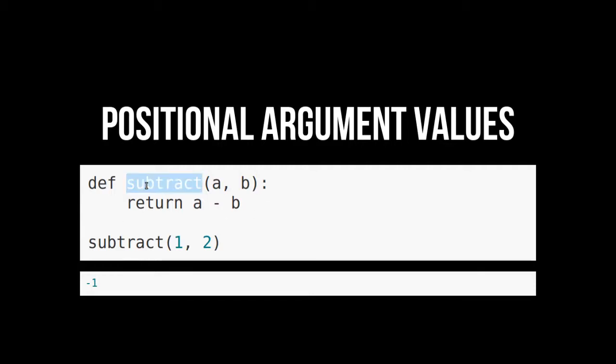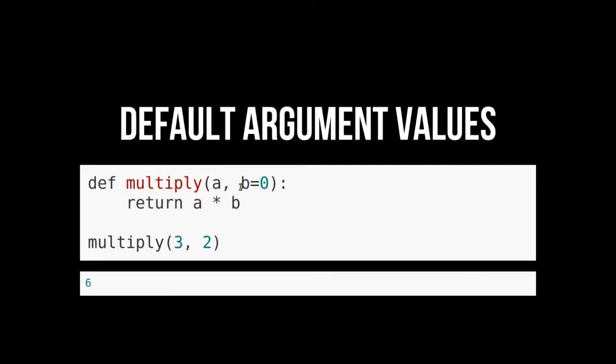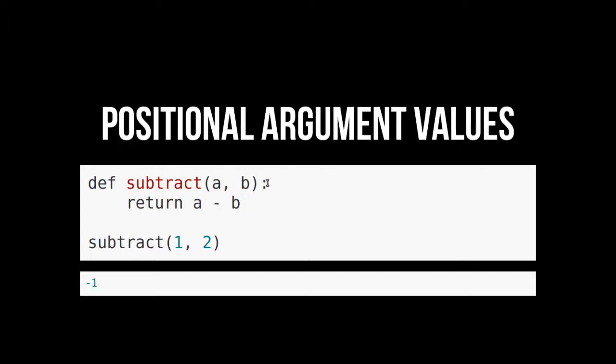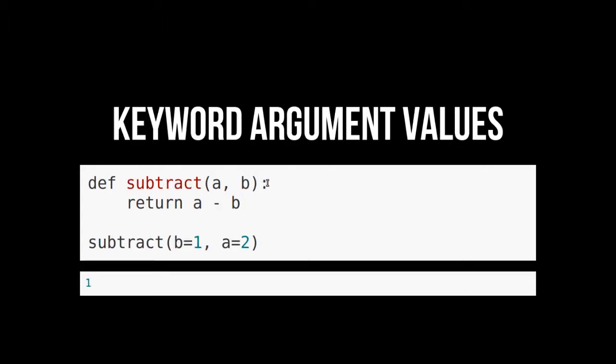So calling this function is going to match with this. So 1 is a, 2 is b, and that is positional argument values. So that's how it works. So it's going to go in their position and map it out, unless of course they have a default value. Now we can change that